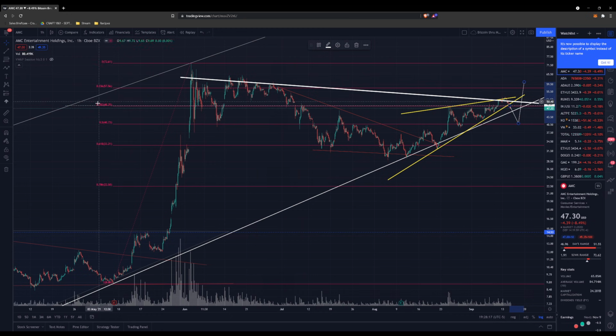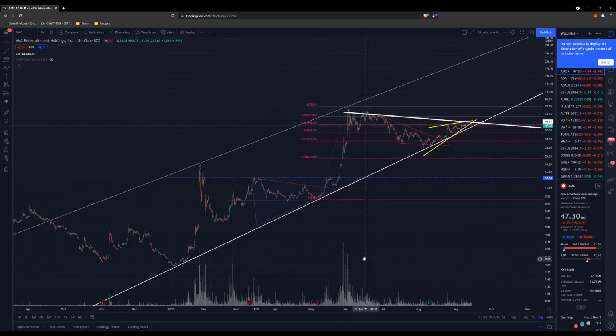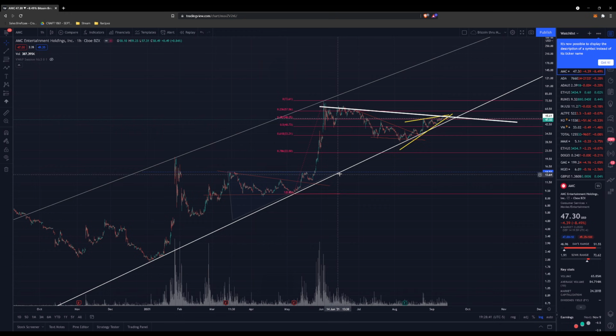So really, this would be an extreme scenario, but we're sitting right here on the 0.382 fib retracement. You could see it pull down to this point, 0.5, and bears would be in a euphoric state, and you could see a really aggressive move to the upside, in my opinion. This is a good bear trap scenario. The bull trend is much longer, has much more support built up for it.